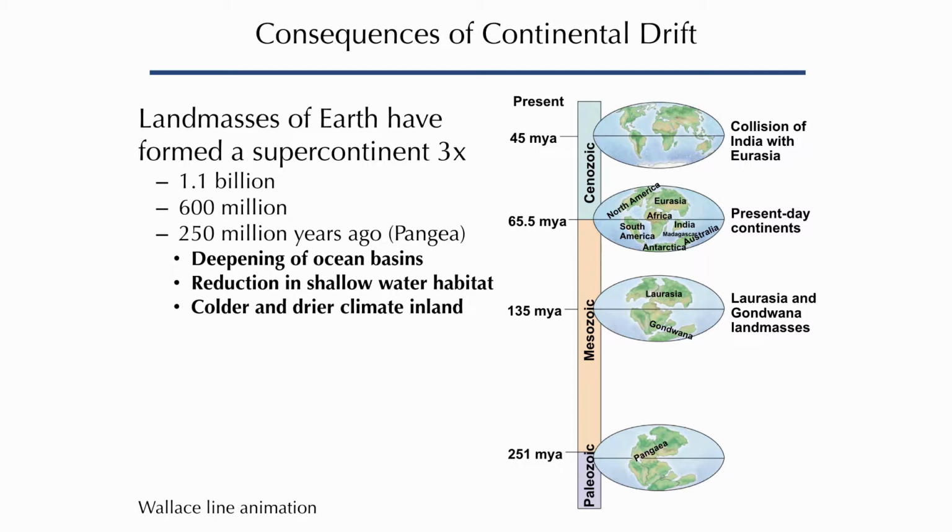So what happens when those supercontinents form? You get a lot less coastline. It becomes drier inland because it's further away from water, and water, remember, is like the temperature moderator. So it's going to be drier and cooler inland than it was when they're all separate. You're also going to have a lot less shallow water because you've lost those coastlines, and all that land together is